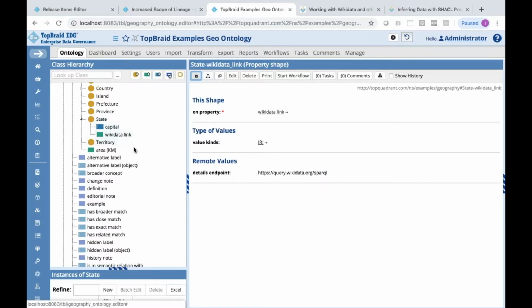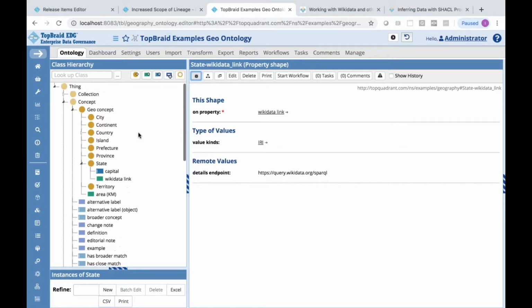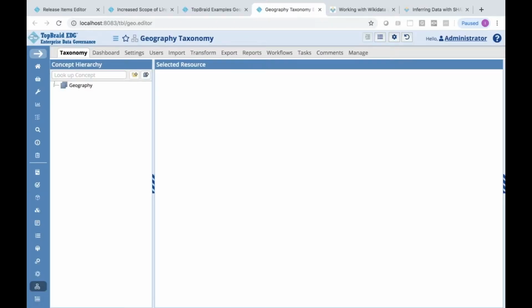because I've defined it for states, and find matching states in Wikidata. That's all I needed to do for this setup. Now the actual data is in the geography taxonomy. So I'm going to go to the geography taxonomy now, and I could go to a state,